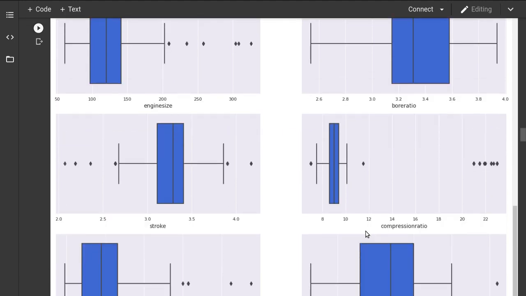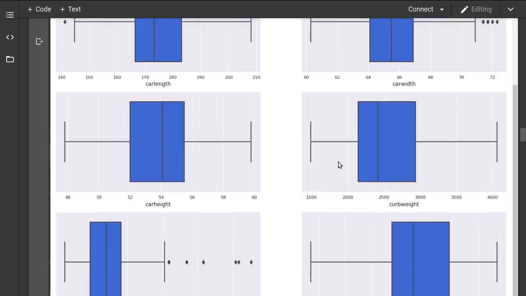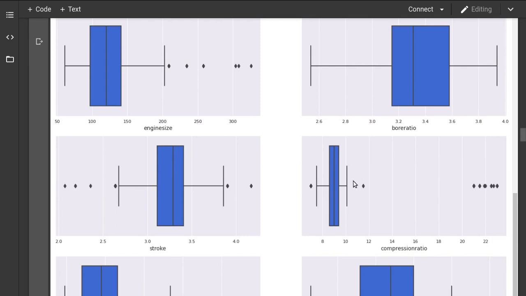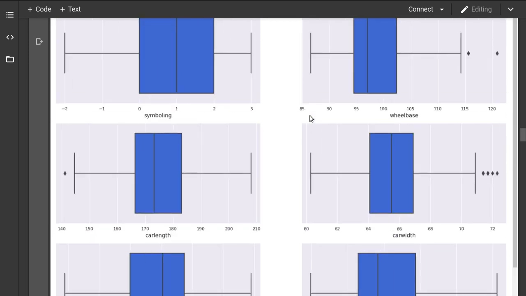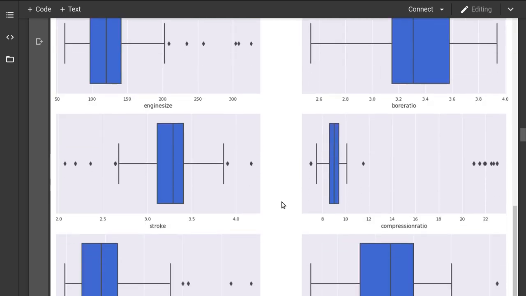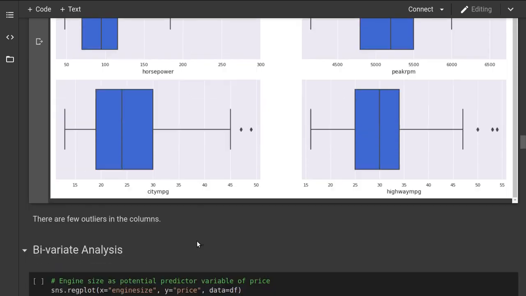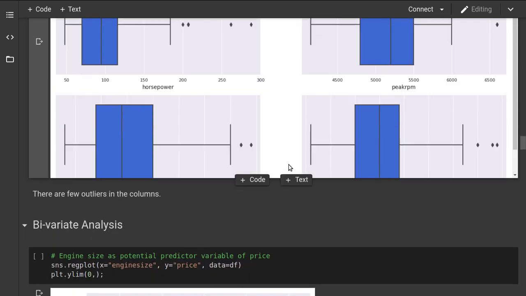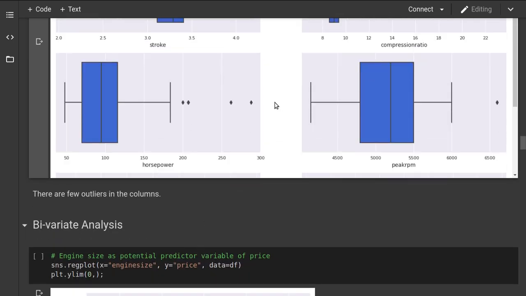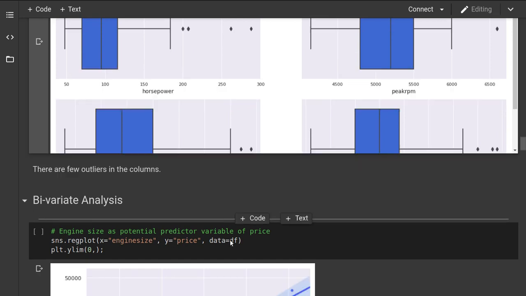Then as you can see, compression ratio, we talked about this column a little bit before. So I said that it disturbs the distribution of the data. As you can see, there are some outliers. There are few outliers in other columns as well.